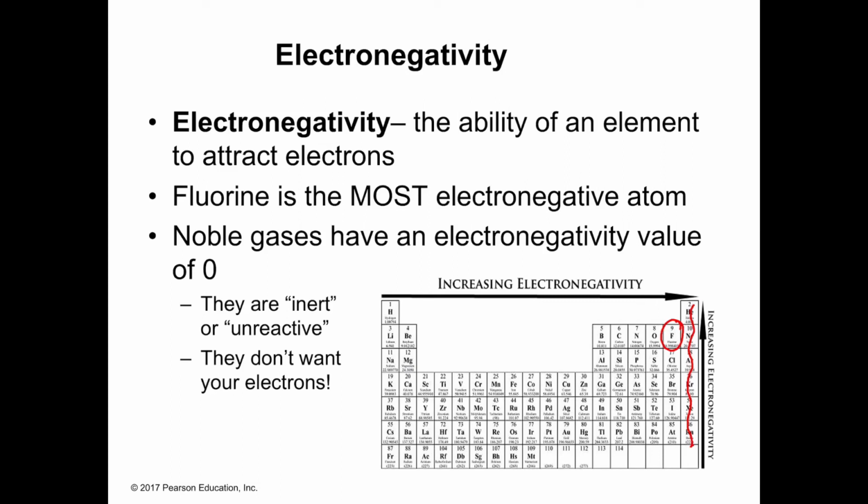Since our noble gases already have 8 valence electrons, they don't want any electrons. They're not trying to lose electrons, they're not trying to gain electrons, they don't even want to share them. They are not going to form bonds. So our noble gases have an electronegativity value of 0 because they aren't forming bonds. They are inert, they're unreactive, they're not going to gain or lose electrons. So we're not going to look at them for this section on electronegativity, which means that fluorine now is our